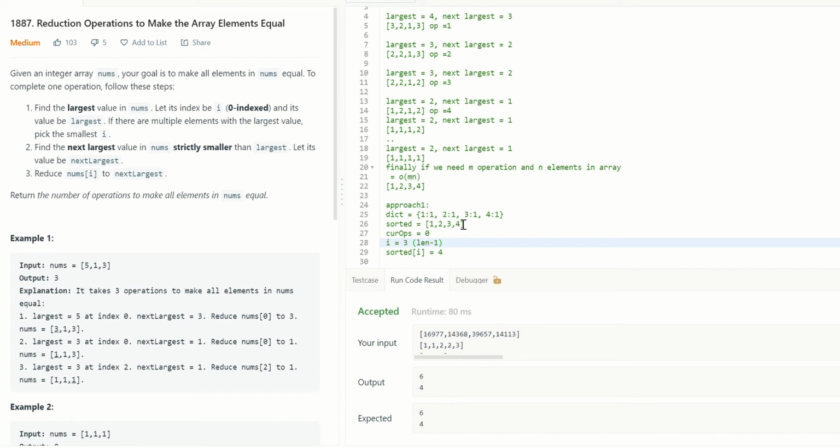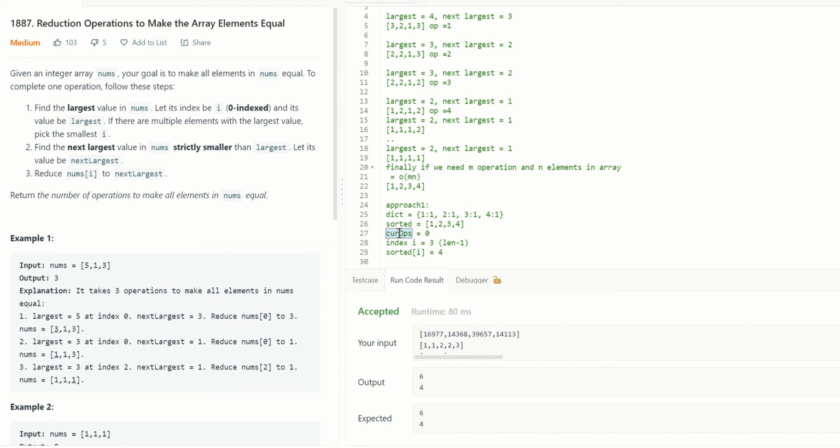So I is equal to 3, and sorted of I is 4. We are saying index just not to confuse. And we have initialized the current operations to 0. That's what we are going to initialize.